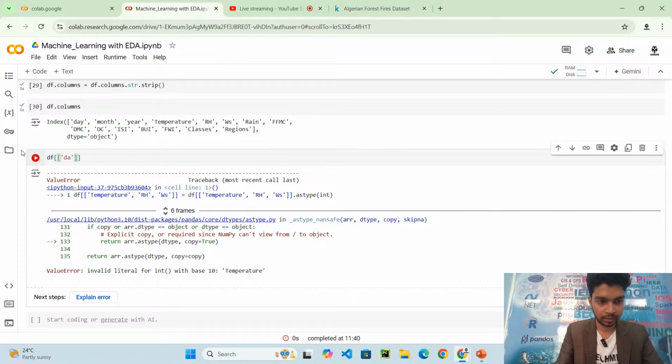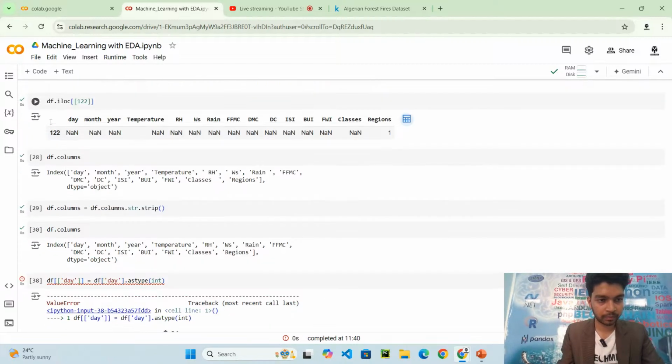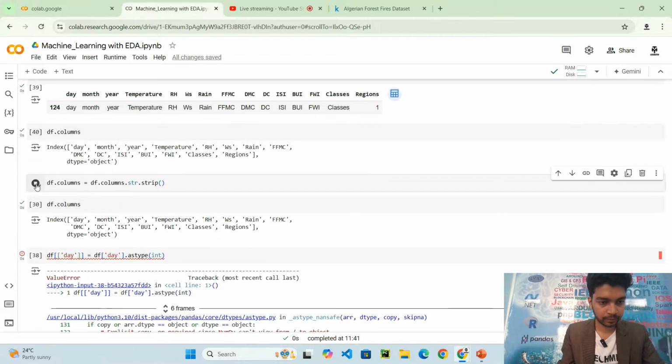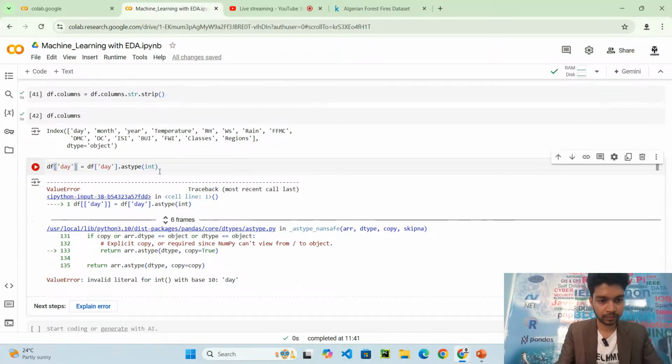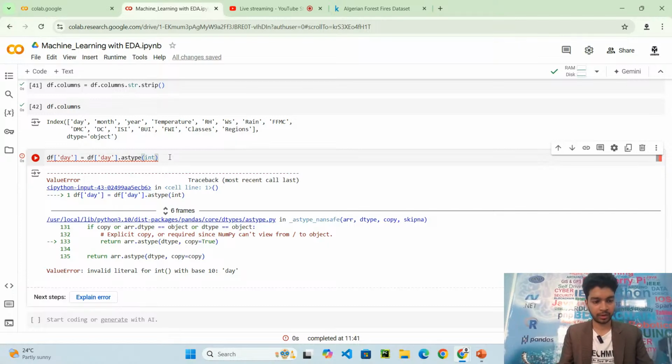Let me define a function: day equal to df.fun, day to astype, make it integer, and return with the base 10 day. Because I have to convert it to integer.